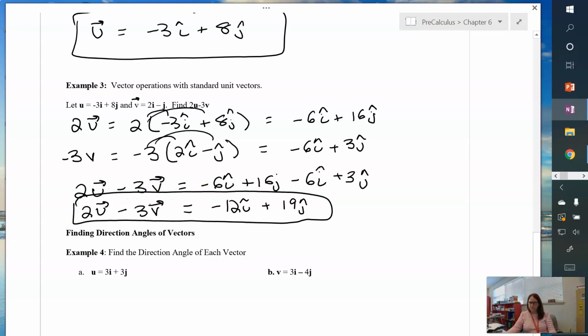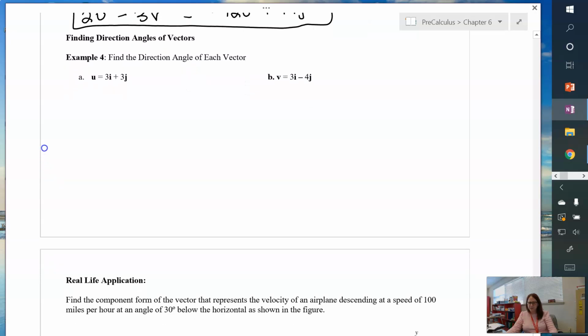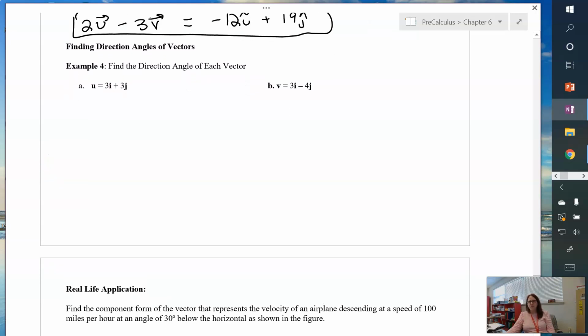All right, the last thing that we need to do is figure out the direction angle of a vector. Super, super simple. You totally got this. So because the i goes in the x direction and the j goes in the y direction, what we really have here is an x and a y. So just like you did back in chapter 4 when we were doing trig functions in the coordinate plane, you can say tangent of theta